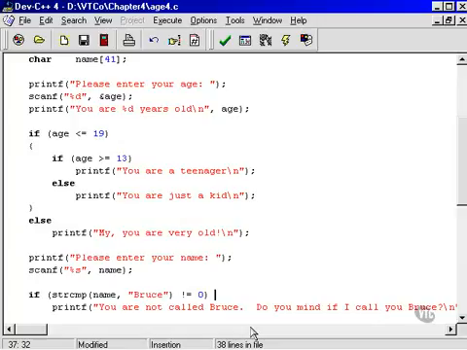So, that's about it. We've had a look at greater than or equal to, less than or equal to, not equal to, and in previous chapters we also saw the equal to, the double equals, and we also saw a greater than sign. I think we even saw a less than. So, that pretty much wraps it up for